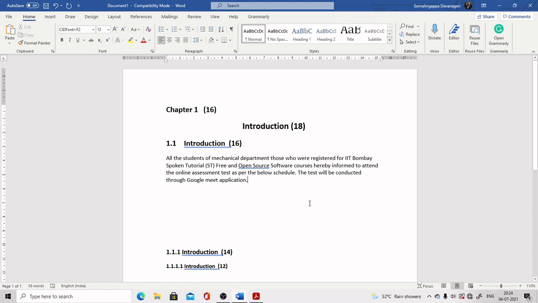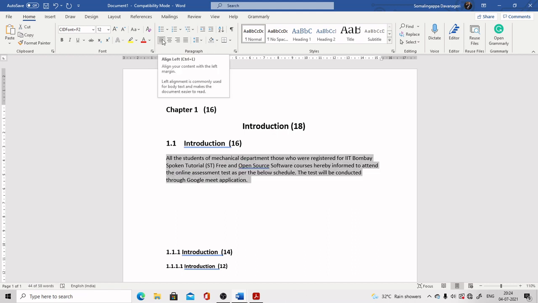This has to maintain continuity. Now this is a left justified paragraph here. To fill this content equally on the right hand side as well as the left hand side, you go for the justify option.